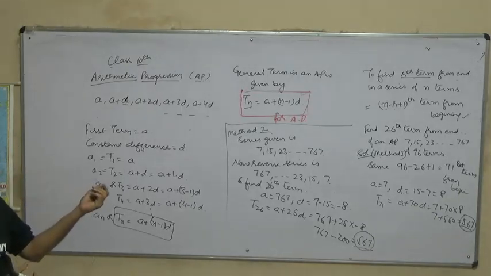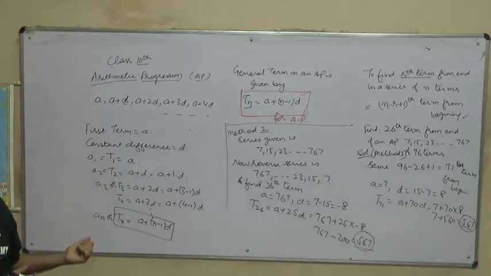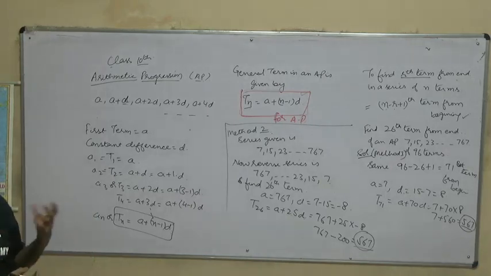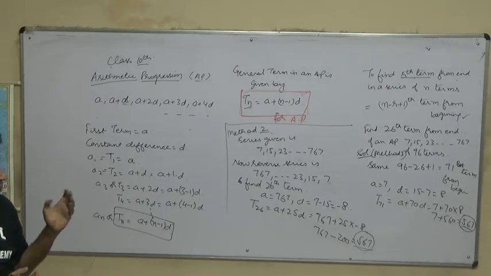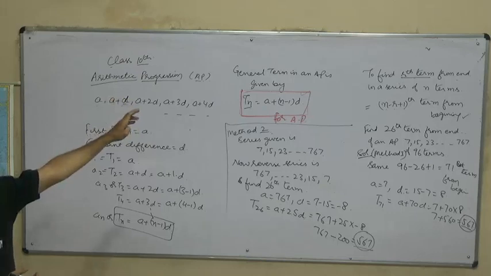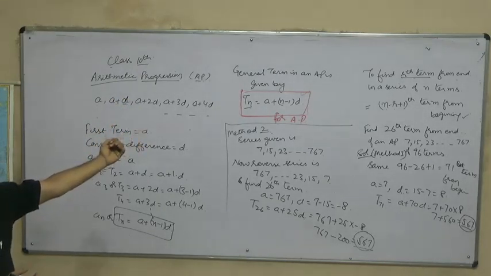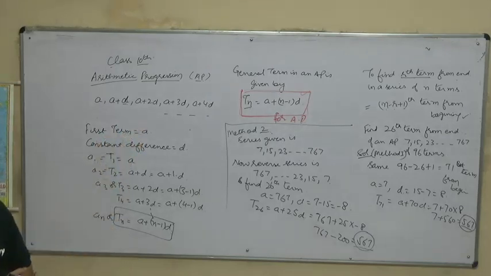Just calculate the number from the beginning, or reverse the series and directly get the term. When we reverse the series, actually what we are doing is starting from the end, and we want to find that 26th from end. So if we start from the end, it will be 26th from the beginning. When we take the end as the beginning, it will be method two. So now we will move to some more questions. One or two more formulas, then we move to the questions. Before that, I wrap this part.